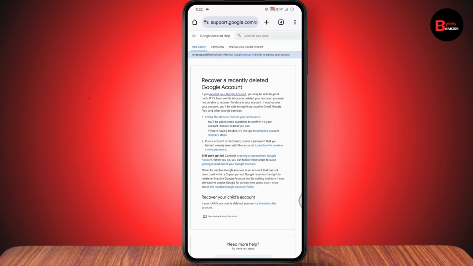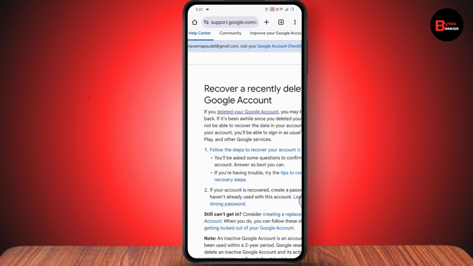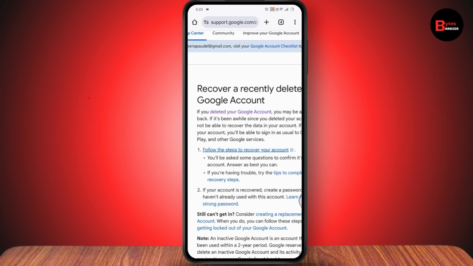It says that you just need to simply go and log into your account. You will have a login interface. You need to go and log into the account with the same password and email address, and you will be logged in. So to do that, you just need to simply tap on follow the steps to recover your Google